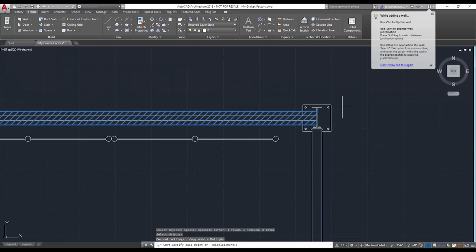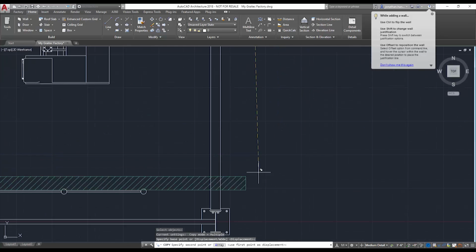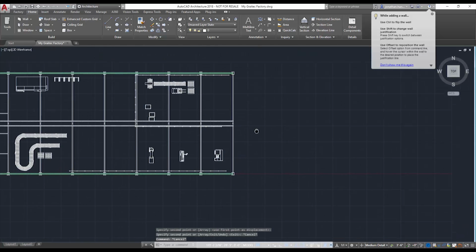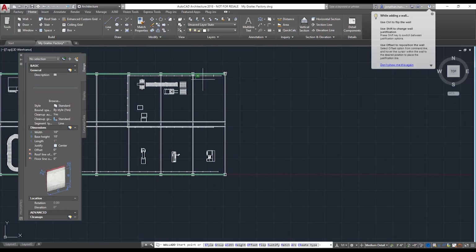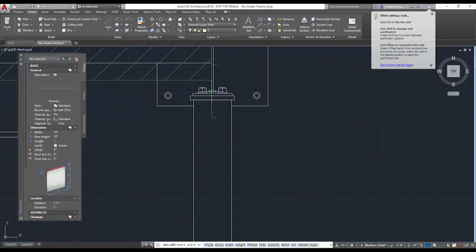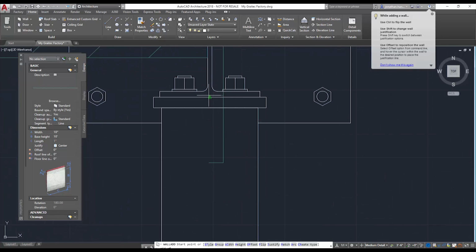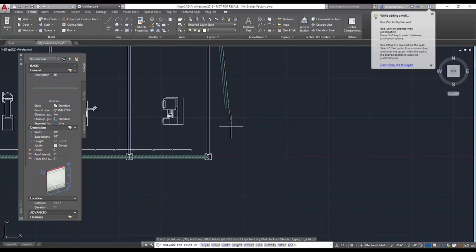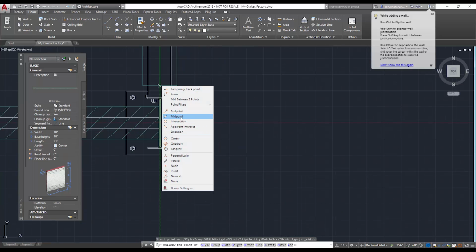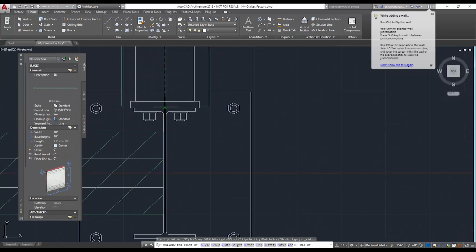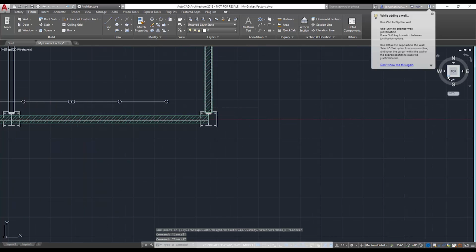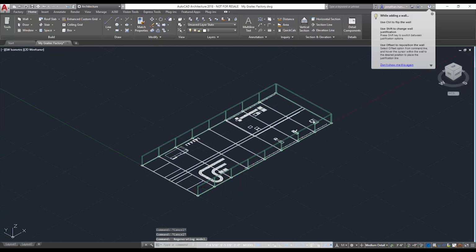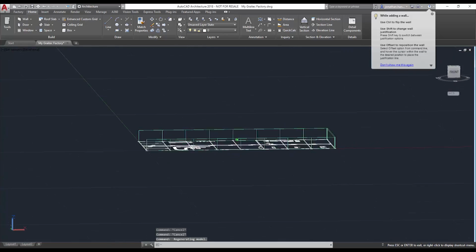I'm just going to copy them from there to there, and I'm going to draw a wall from the midpoint here straight down to here. So if we just go into a 3D mode, you can see that I've just drawn some walls